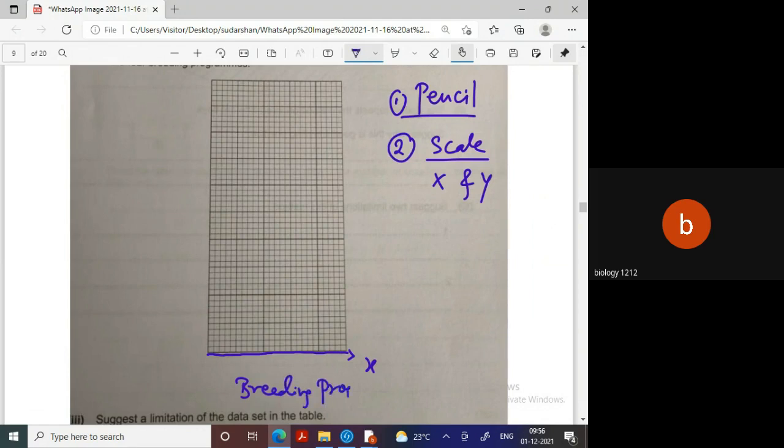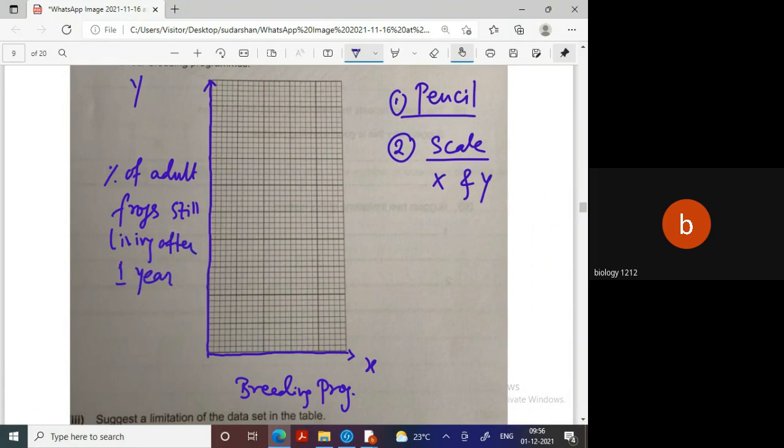Okay, so this is the breeding program on the x-axis, whereas on the y-axis we have the percentage of adult frogs still living after 1 year. So the highest one is 92, so we can divide it in the form of 10